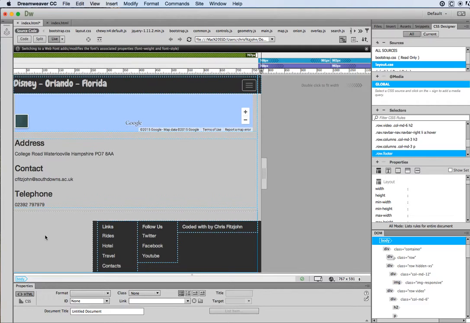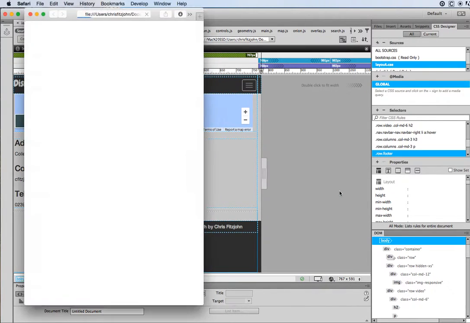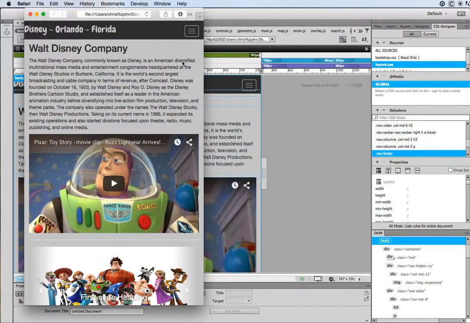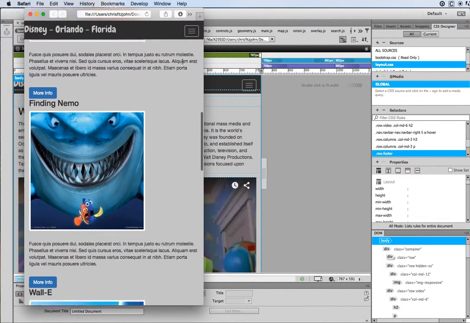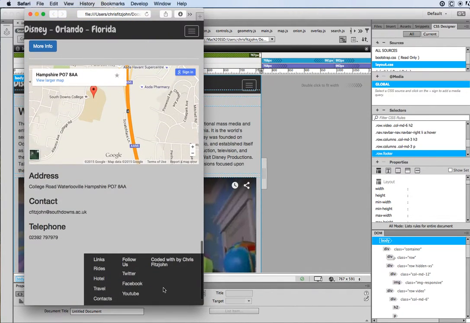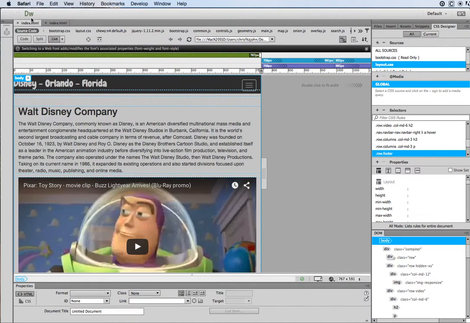Now that hidden element down the bottom here, let's just have a quick look at that in the browser and see if that is working the way that we wanted it to at the mobile phone size. So we got down to the mobile phone size and our banner is gone, which is what we asked it to do. We keep coming down through here and having a look at our footer, and yes, that bit's hidden, but it looks like we've hidden the wrong bit. So we may need to go back in and have a little bit of a play with what's going on down there